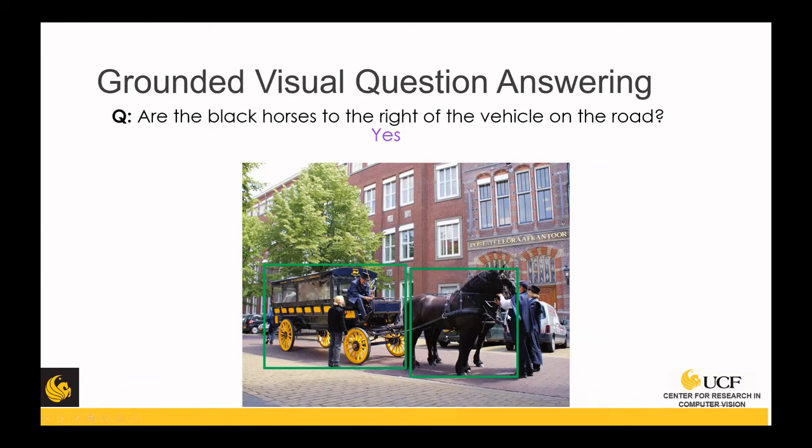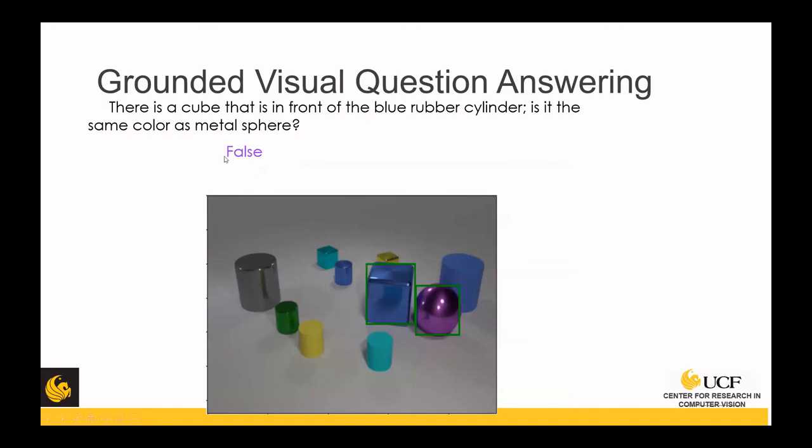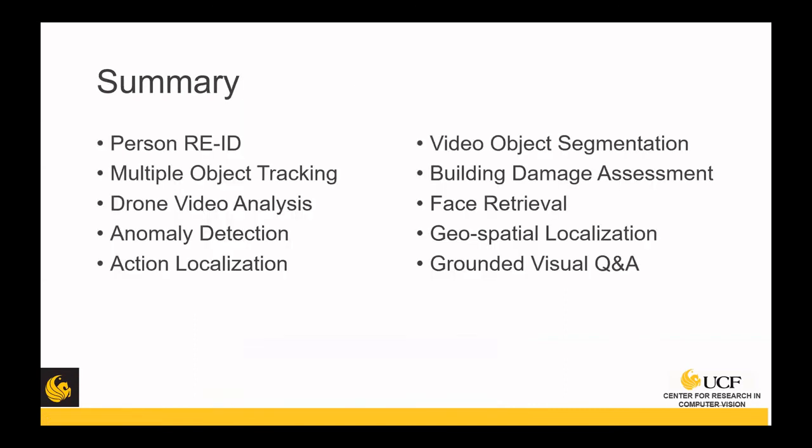It's on the right. Another example, there's a cube that is in front of the blue rubber cylinder. Is it the same color as the metal sphere? The answer is false, but we can say the reason was found based on this localization. So that's